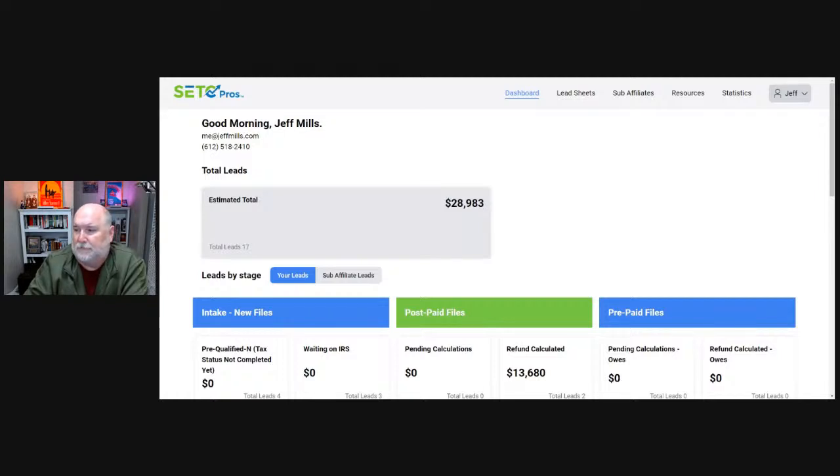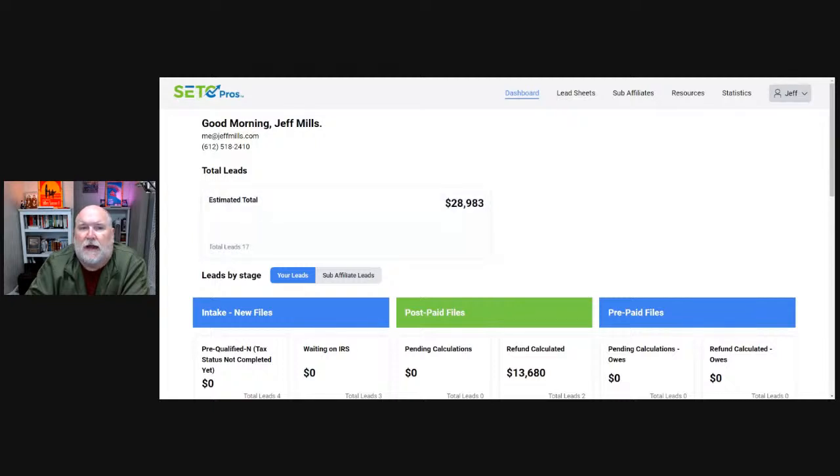So you can see that I'm positioned right now to get $28,983. That's the total amount of refunds possible that I can earn money from. So the company's going to make 20% of that 28,000 once it gets paid out. Then I'll make 20% of that 20% on my personal sales. Okay. Now I'm gonna load up this with a lot of money myself. So I'm gonna get some big positions in the co-op myself.